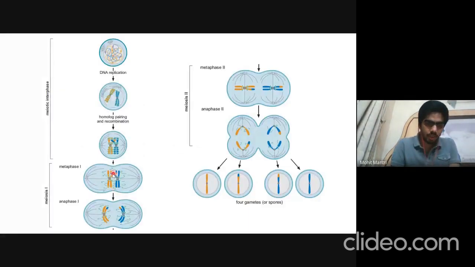So the cohesin around these sister chromatids as well as the chiasma breaks, but the cohesin around the centromere still persists. So both sister chromatids remain together during anaphase, and the sister chromatids are not separated. Both cells receive an equal number of chromosomes, and the sister chromatids are present as they are in both daughter cells. The second meiosis is similar to mitosis.